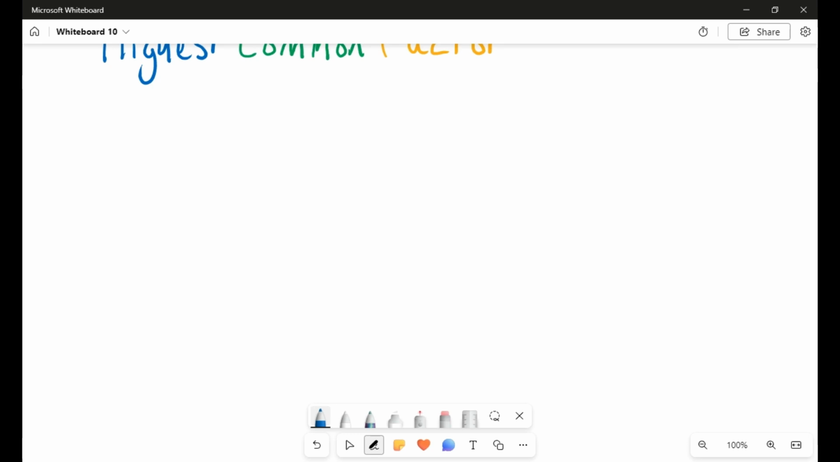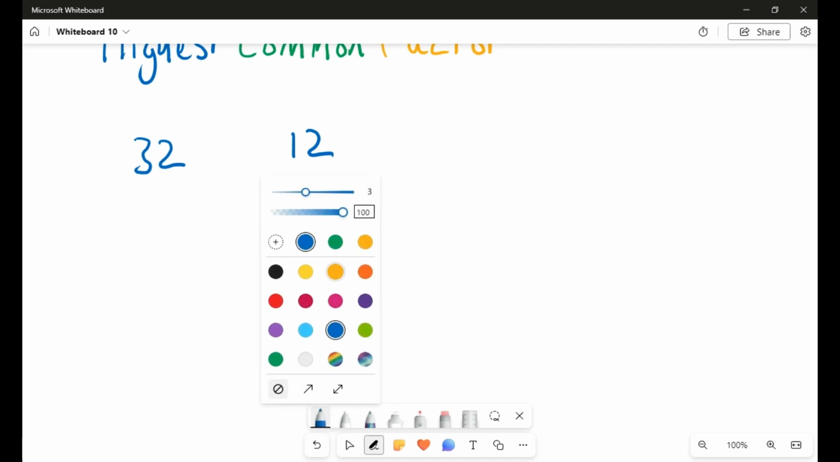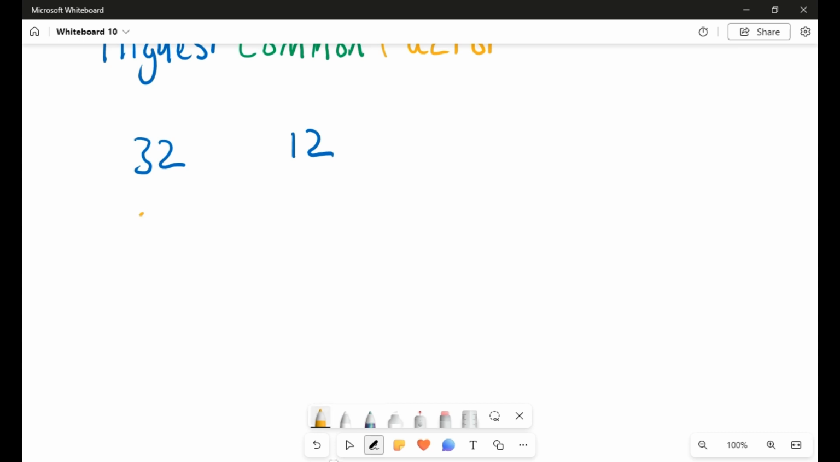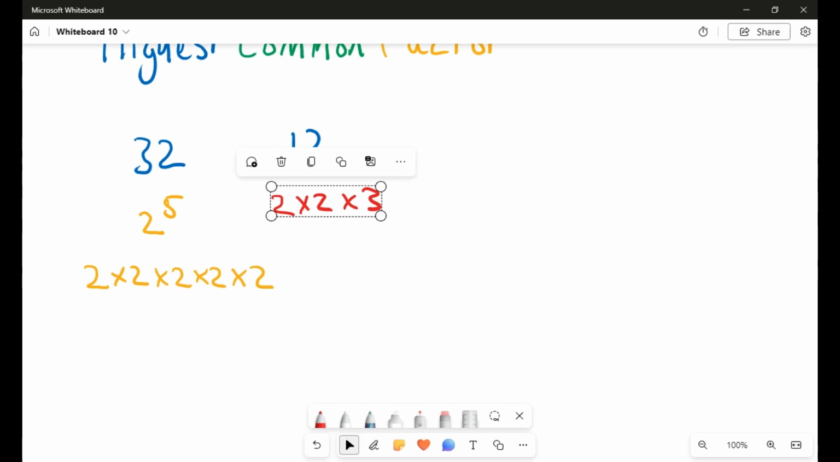So now we're going to look for the highest common factor of 32 and 12. So to break down these numbers into their prime factor trees, 32 is equal to 2 to the power of 5, or 5 2's multiplied, so 2 times 2 times 2 times 2 times 2. And 12 as a product of its prime factors is equal to 2 times 2 times 3. So if I lay these two out, one over the other,